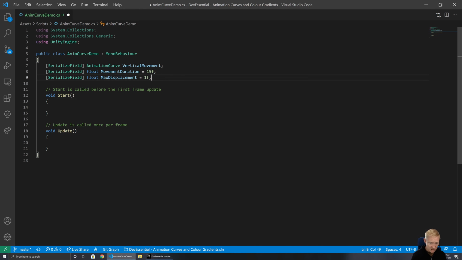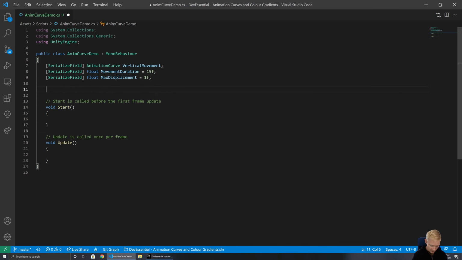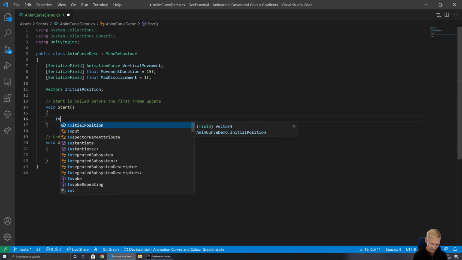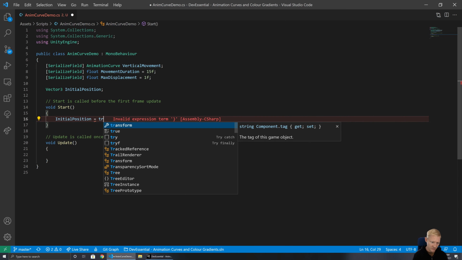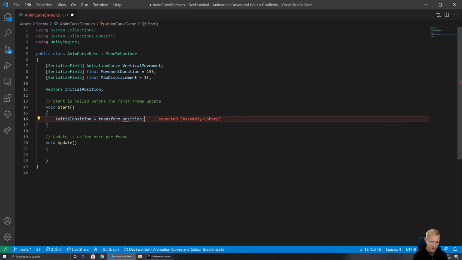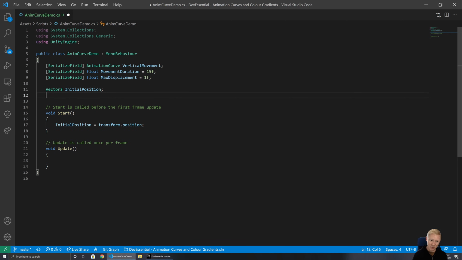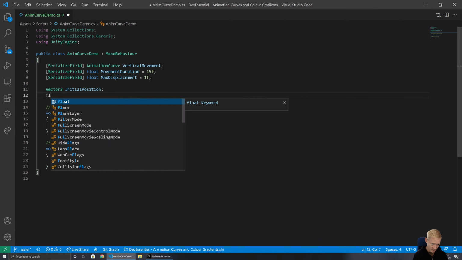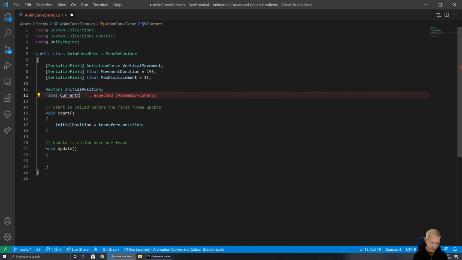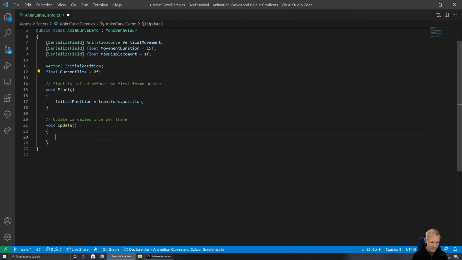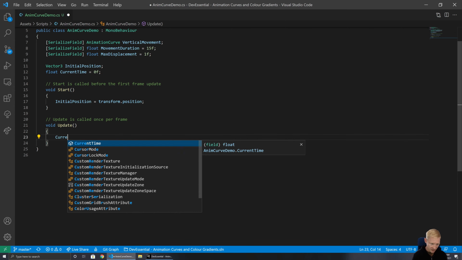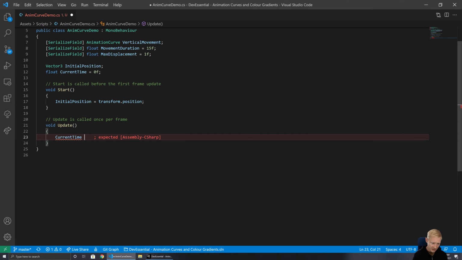So, okay, let's implement this and make this work. The first thing, I know I need to store my initial position. That is a given. So initialPosition is transform.position. I know I'm also going to need to keep track of the time, so currentTime. Then in Update, what I would be doing is adding